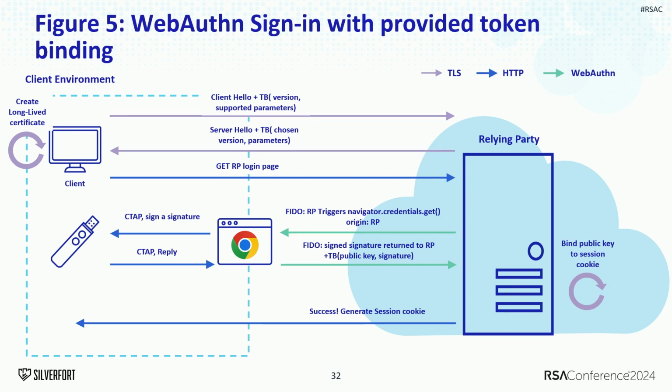Then, before the session token is generated, the WebAuthn protocol, or the FIDO, delivers, in addition to the signature of the FIDO key itself, the token binding signature. Then the relying party verifies it and binds it to the session cookie itself. And once the session cookie is sent back to the device, this session cookie is unique to this authentication and this client. In this way, we can make sure that the entire authentication and the session cookie is protected from the usage of other devices and other adversaries.